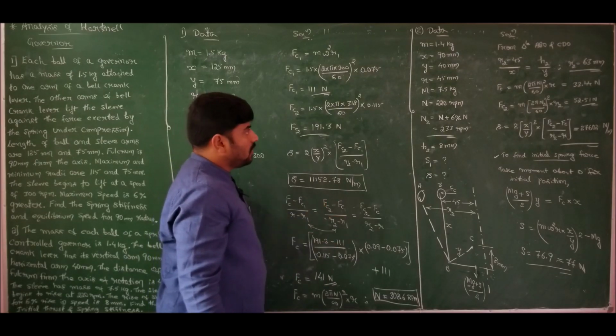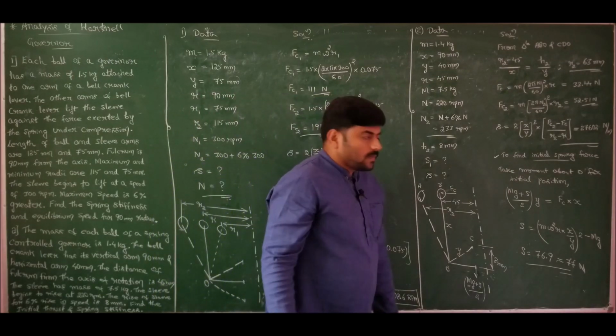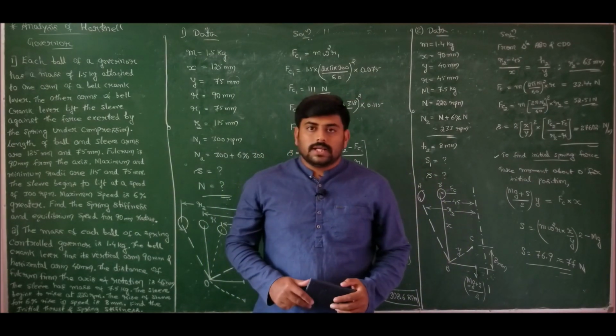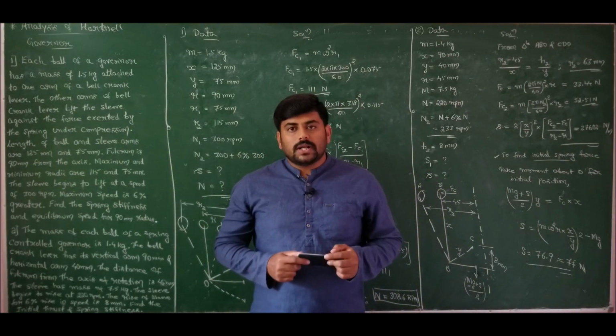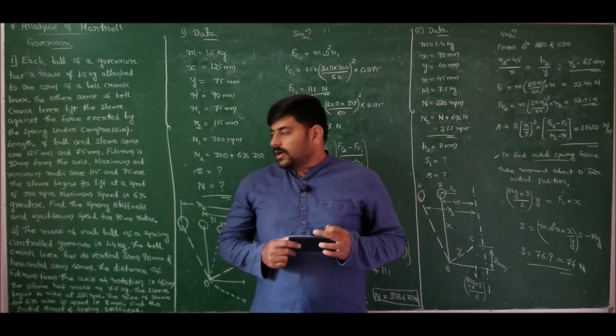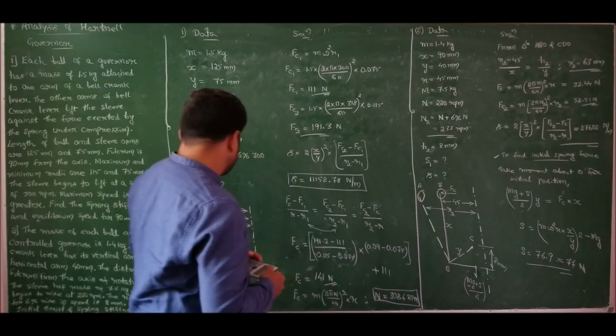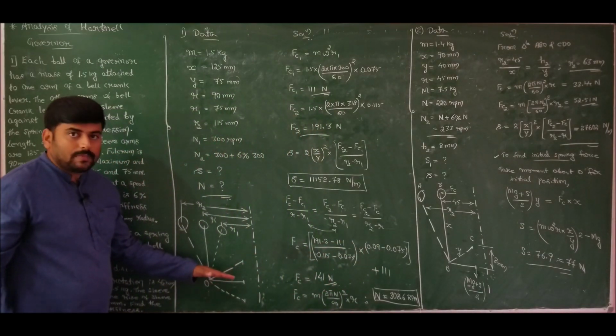So this is the solution for problem number 2. We have discussed two numerical problems on the Hartnell governor in today's lecture. One important note you should remember is that we have not yet addressed the problems on friction. There is also friction when the sleeve moves up and down. This you people already know.